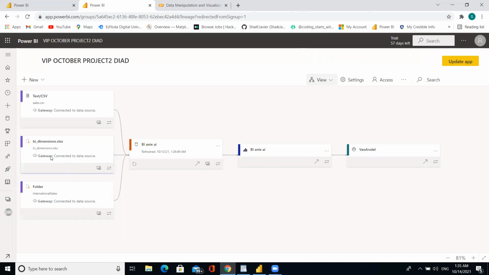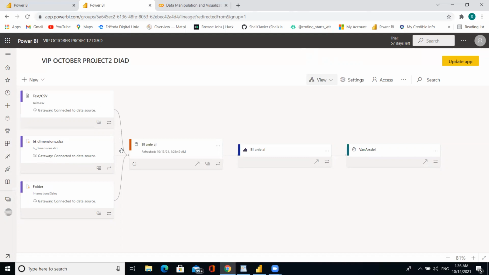So we can see that gateway. This is international sales; we get the data from the folders, and these are the dimensions. We use the data from the dimension XLS sheet, like this geography. This is the sales data which we get from the CSV files.